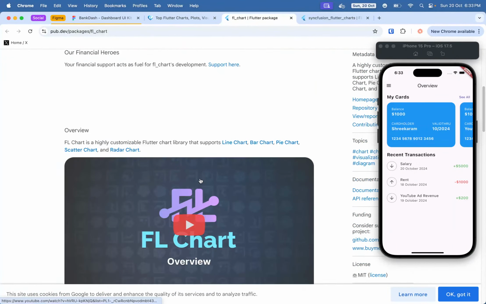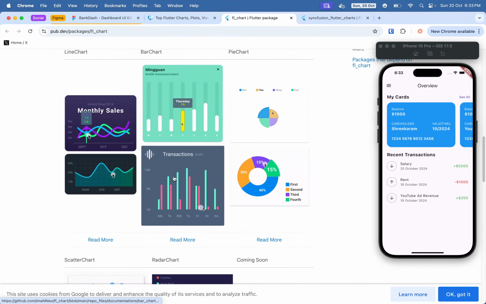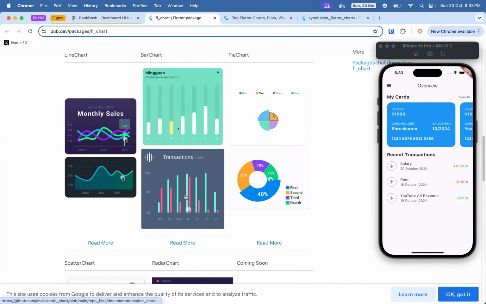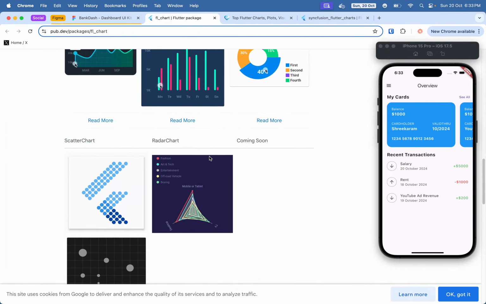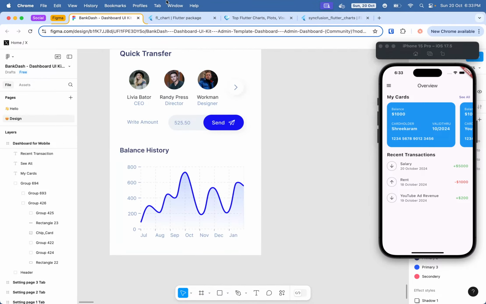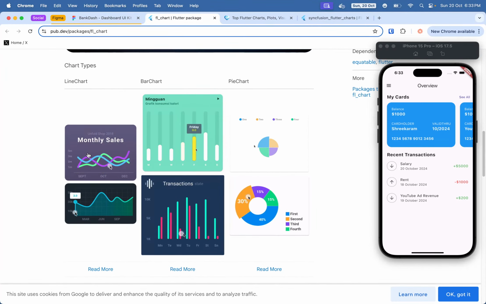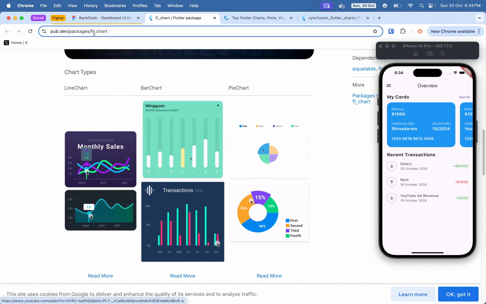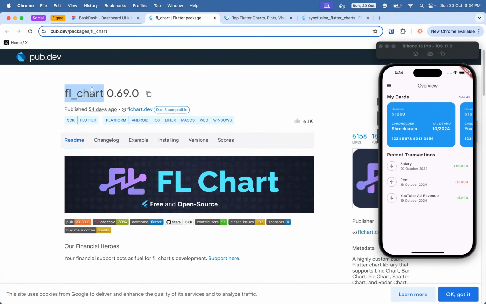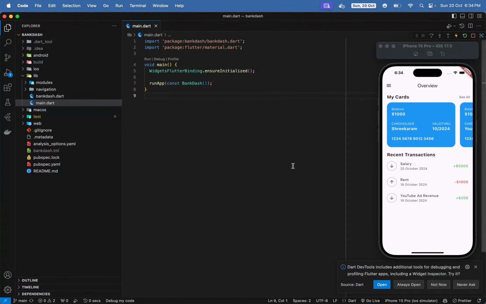So we have this one. Yeah, this seems to match our design. Yes, it's similar, so we can go ahead with this, I guess. We'll see. This also, and this also seems to match this one a bit. This one, yes, it is this one, not this one. So now we have it, so we can go ahead and